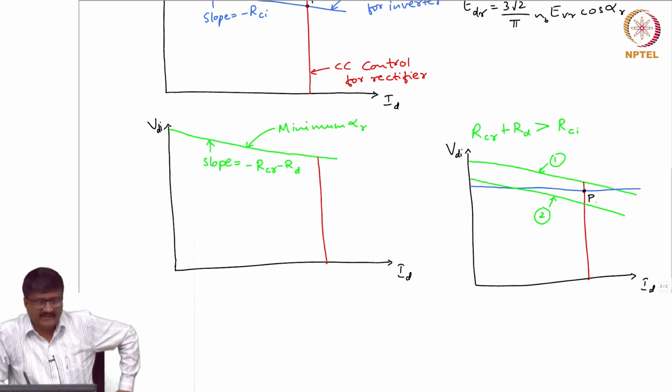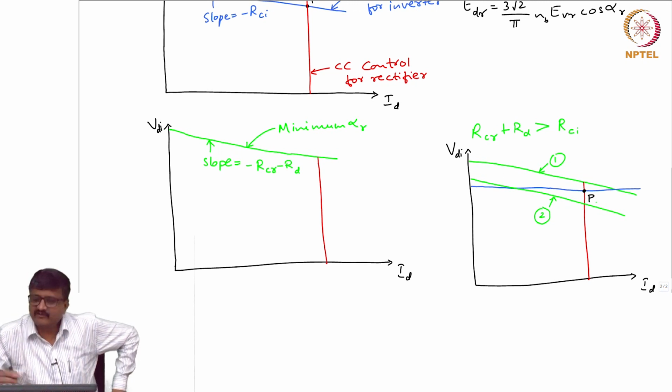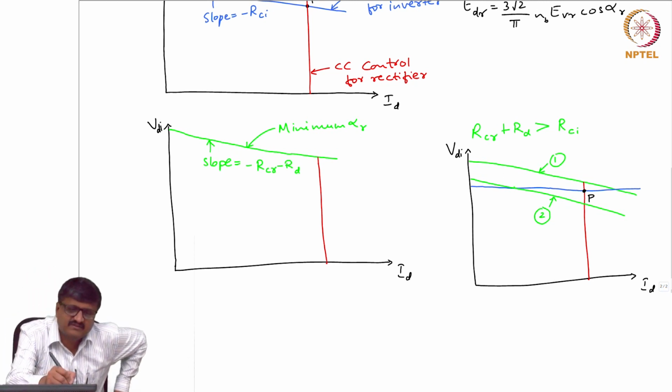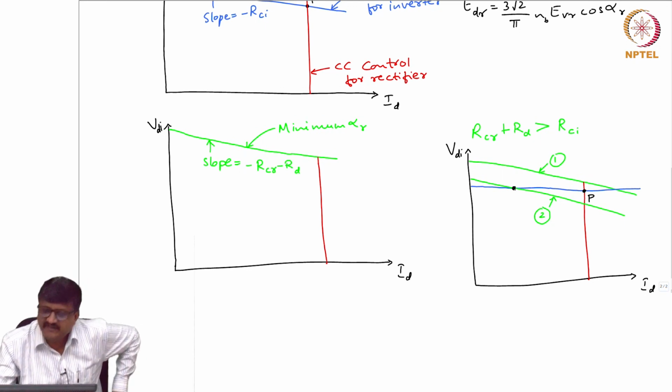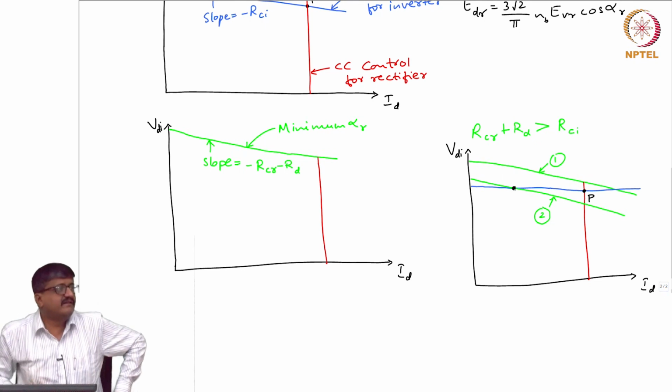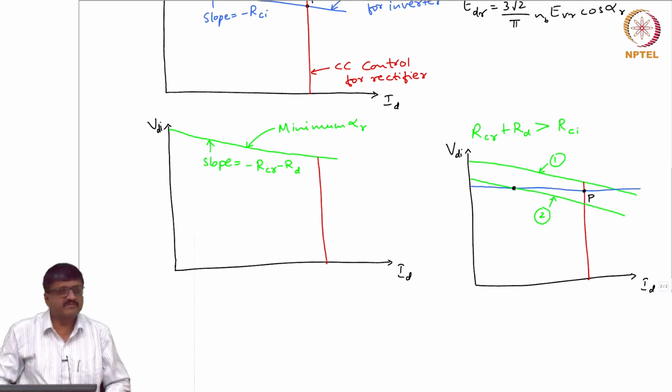It should be green and blue. The green is the new control at the rectifier now, and blue is of course the still existing constant extinction angle at the inverter. So, the new control is the second green line, and the point of intersection of the second green and blue gives the point of operation. This is also slightly okay, but the problem is now the current is no longer regulated. So, either you have to avoid regulating current or avoid regulating constant extinction angle, but what we normally do is we maintain constant extinction angle.